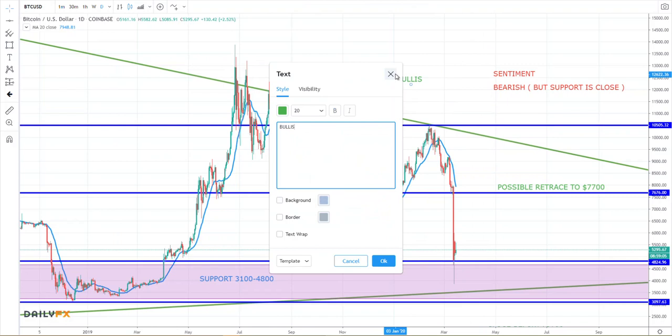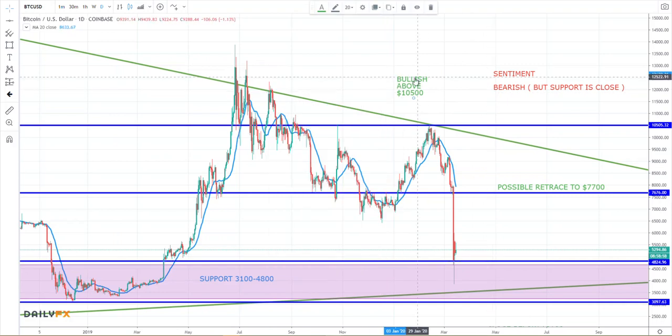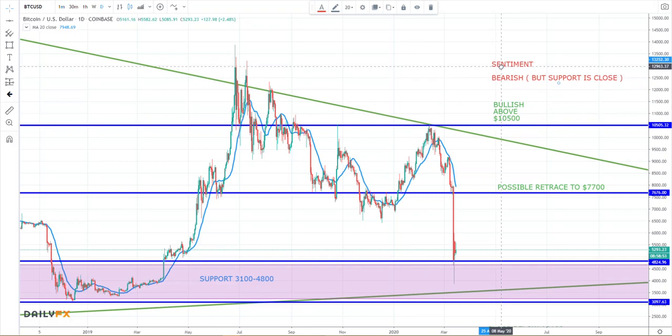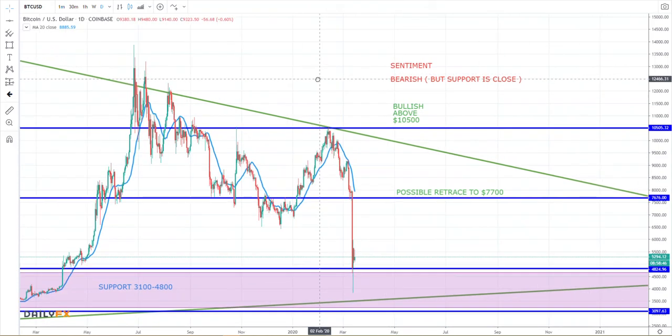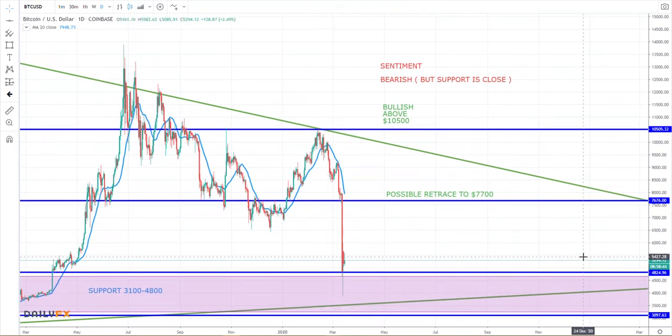Bullish above 10,500. And that's a pretty tall order right now. Now this is just a lot of market volatility. There could be mass buying. We do see some buying here. Price did hold, but what we'd have to see is an enormous amount of buying over the next months going into 2021 to really launch price above 7,700. So I think the retrace is very likely, but the breakout above that is less than likely